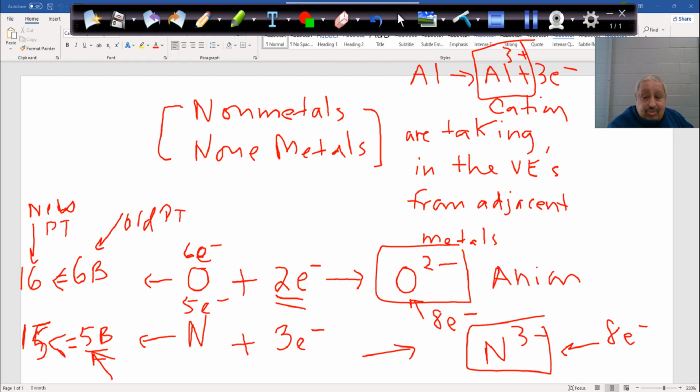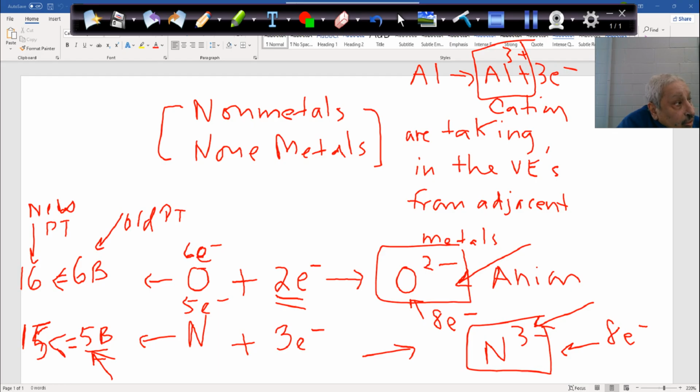So this is the most stable form of nitrogen as an anion, and this is the most stable anion of oxygen because it has 8 electrons. So the octet rule is that elements tend to have 8 valence electrons to mimic the electron configuration of group number 8, the noble gas